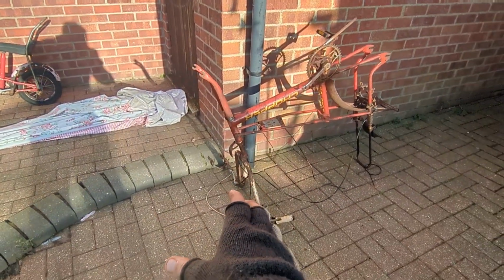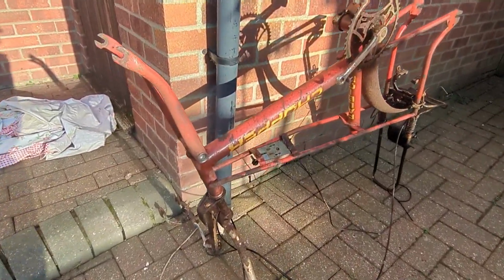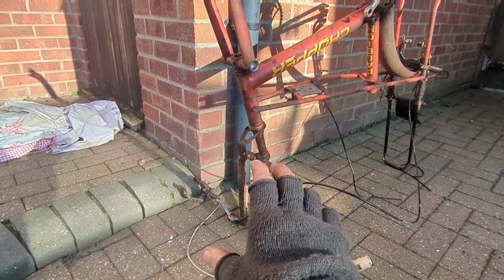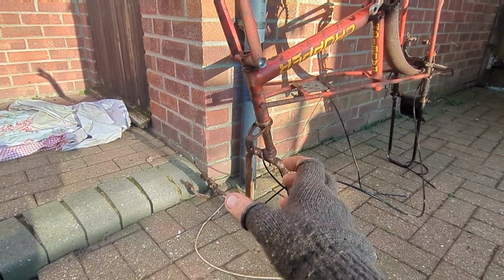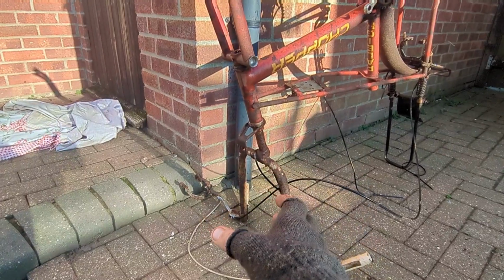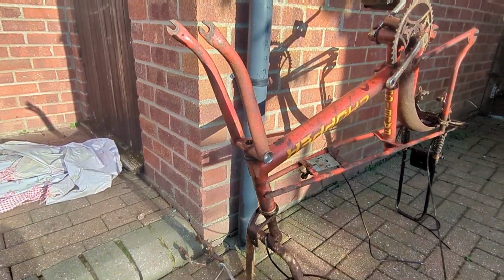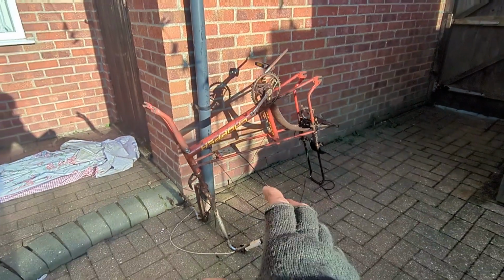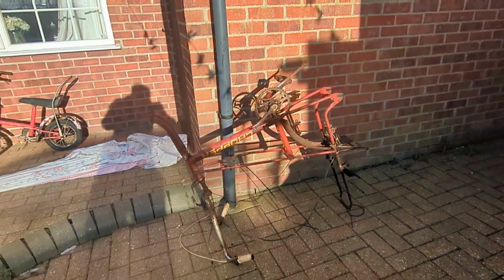You're sitting on original bearings in the forks. Why go to all the headache of taking those forks out, possible damage? Just leave them be. Leave them be. You've got some cracking original paint on that chopper. Obviously it needs...